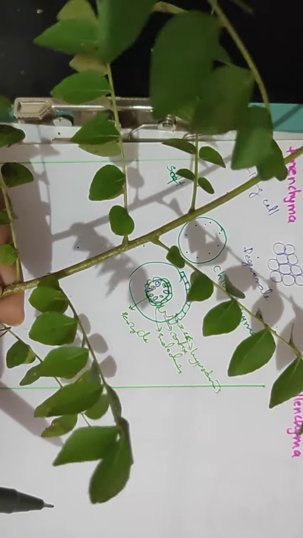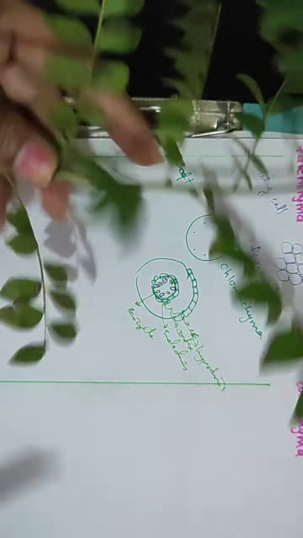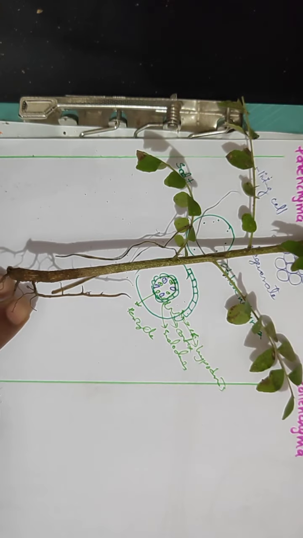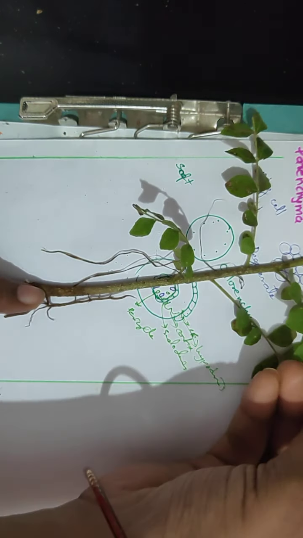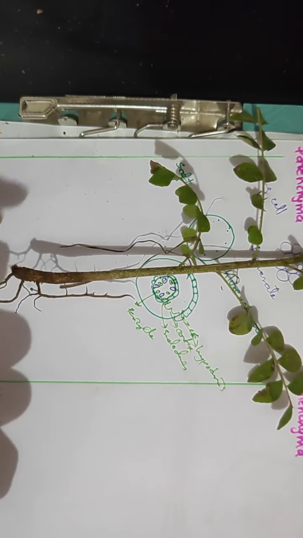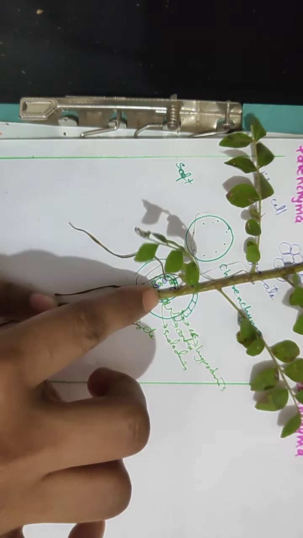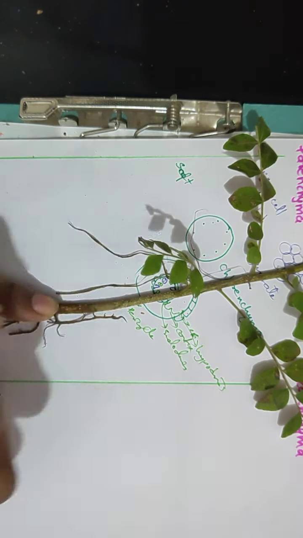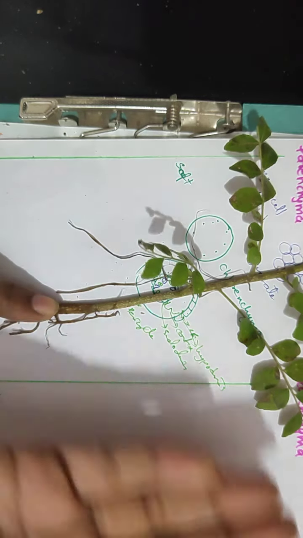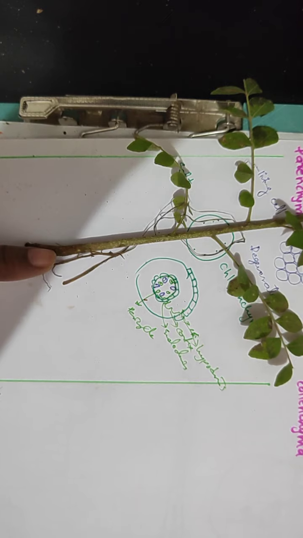Just I referred to how the plant is going to have the stele within it. People understood how the plant is connected, starting from the root system, how it has been arranged throughout the leaf system. From the root, water is being absorbed and it is being transported through the stele region, through the xylem bundles. What I showed, the pipeline connection, how the pipe is being connected. In the same fashion, when you take this transverse section, the xylem and phloem bundles are going to appear in this fashion.